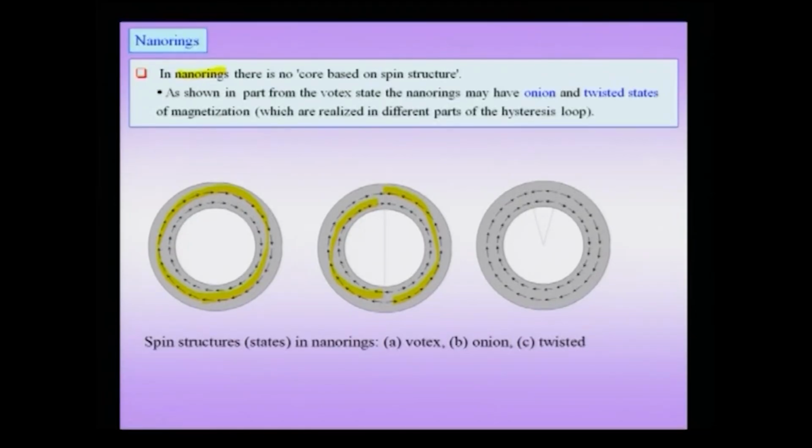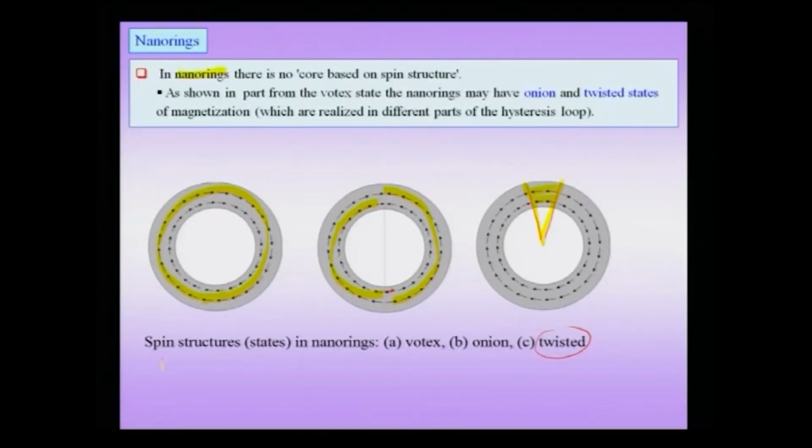So, one small correction is required here. This spin has to point in this direction, and of course, this misorientation of spins need not be across the entire half ring, but it could be only in a small region defined by a sector like this. And this state is called the twisted state of this nano ring. Therefore, you see that more and more interesting and complicated arrangements of spins are possible in nanostructures like nano rings and nano discs.